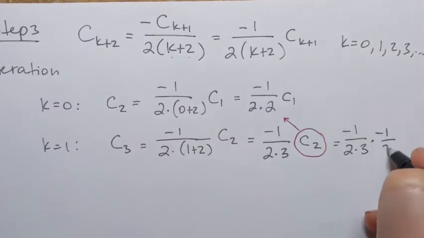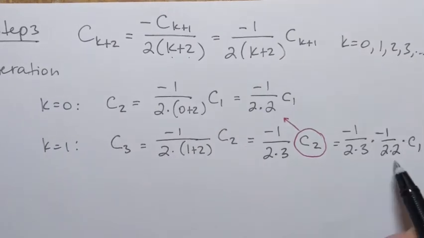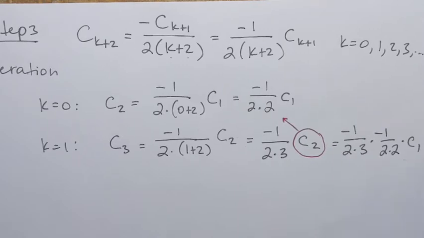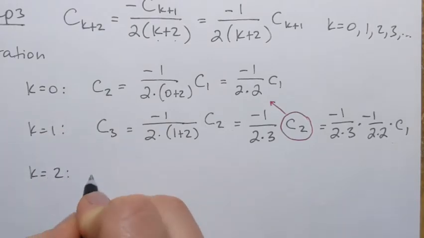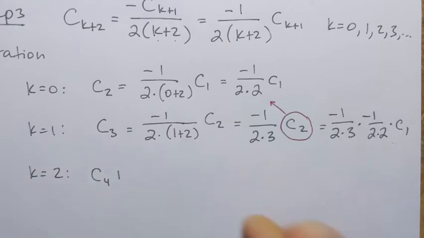Times -1 over 2 times 2 times c1. Okay, so that is c sub 2. Let's keep going. Let's do one more, maybe like 2 more. K equals 2. So it's going to be c sub 4 equals